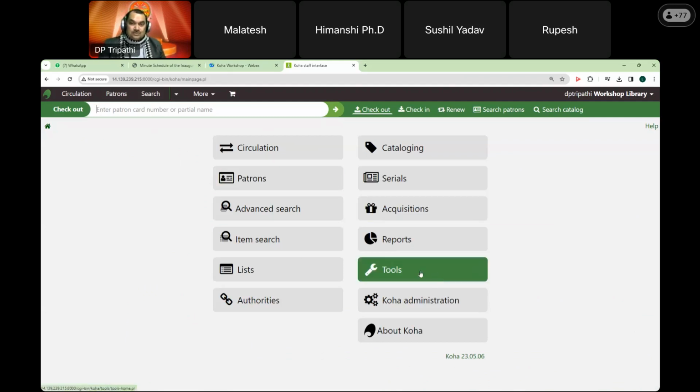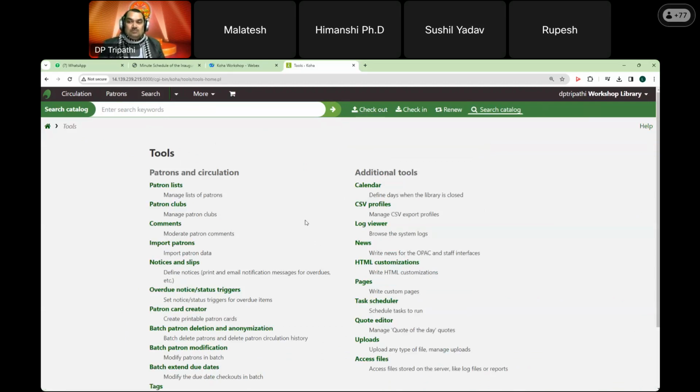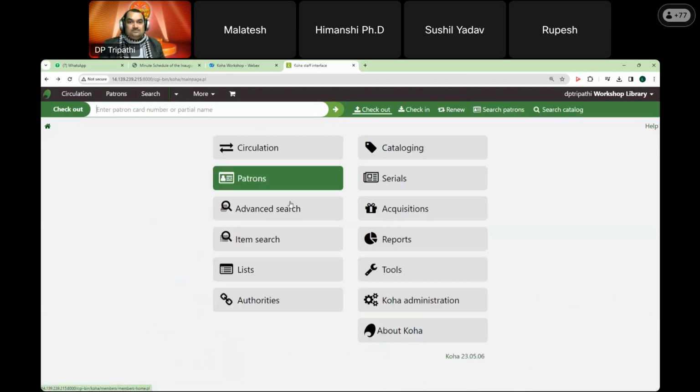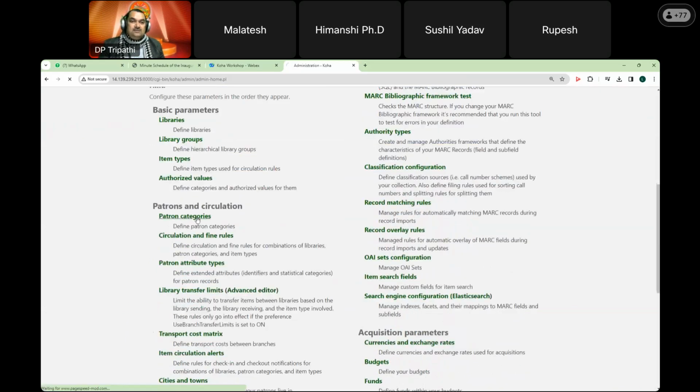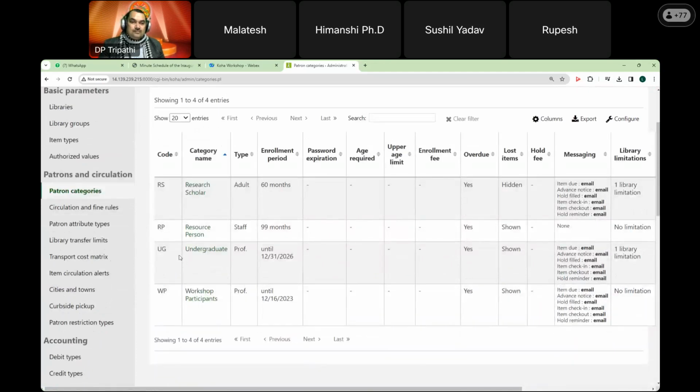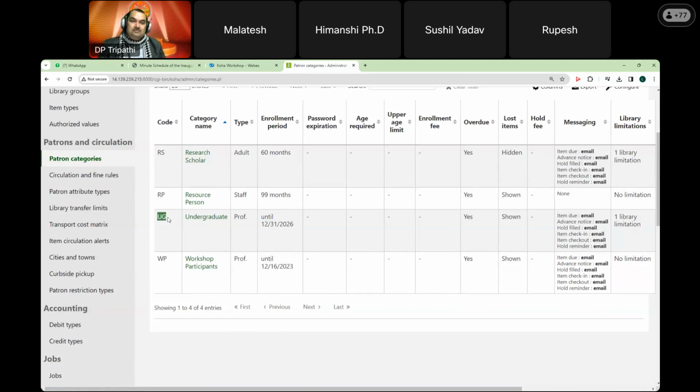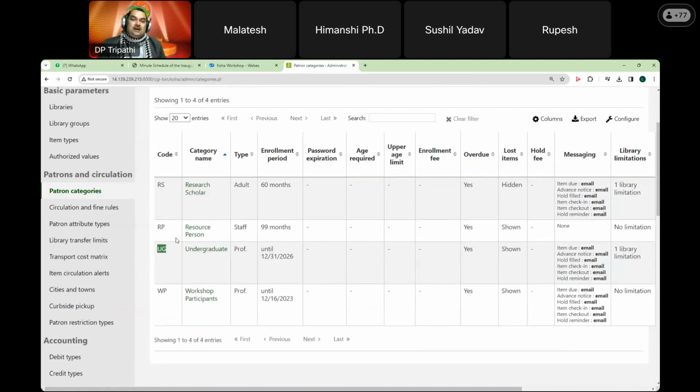Now let me show you how you can create users in bulk, how you can import users if you have a large number of patrons. Let's say I just go to Koha administration, and here I create one category. Here I have already created undergraduate. They will be active up to 31st December of 2026. So let us create at least 10 members of UG undergraduate who are going to take admission,